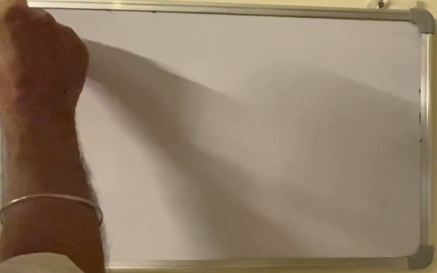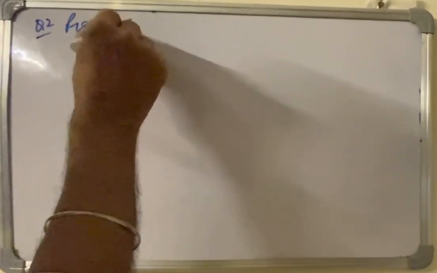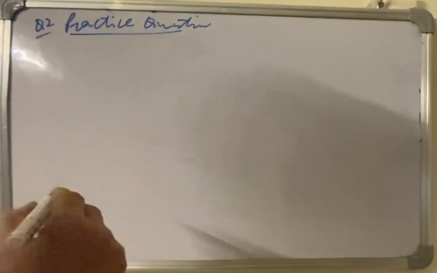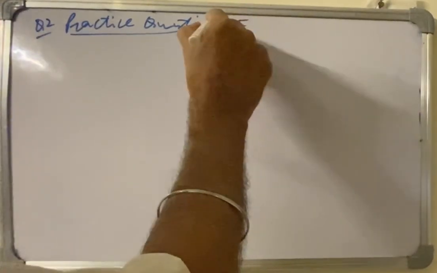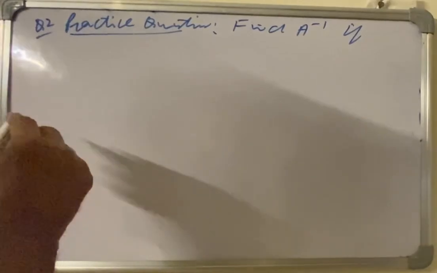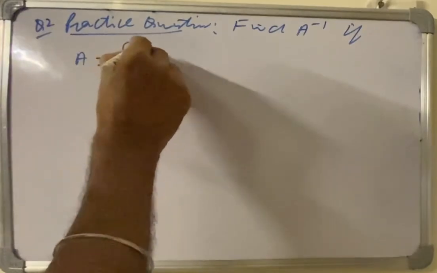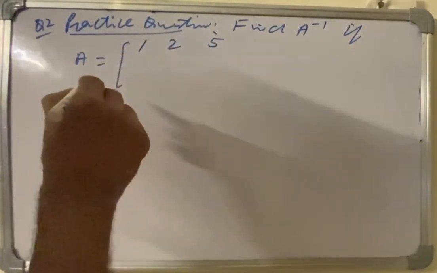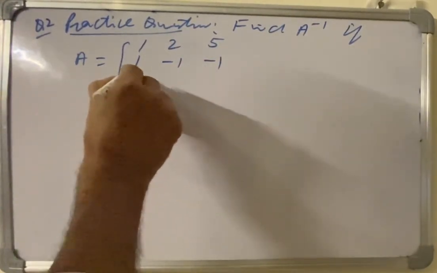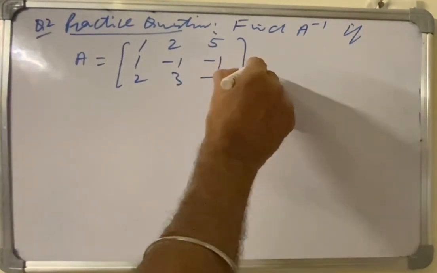We shall take a practice question. Question second is a practice question that you will do in the same way as the first. Find the inverse if matrix A is equal to [1, 2, 5; 1, -1, -1; 2, 3, -1], hence solve